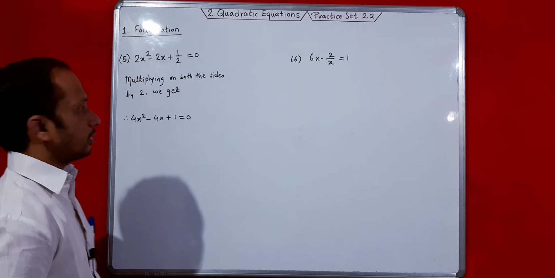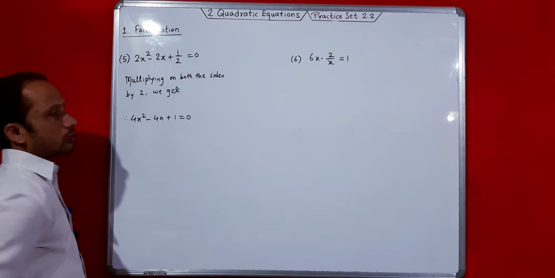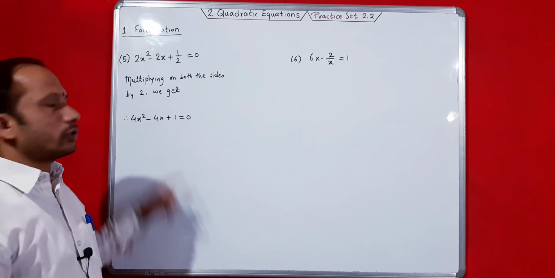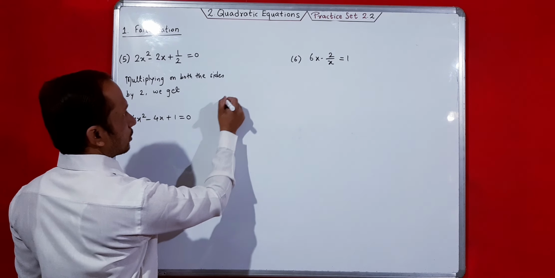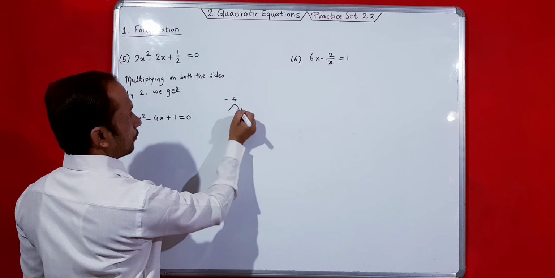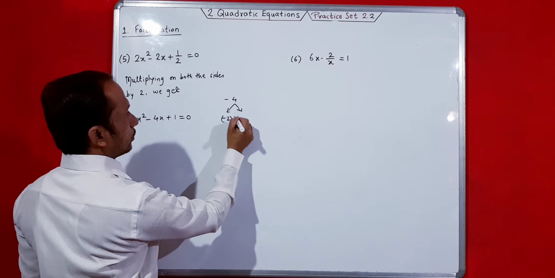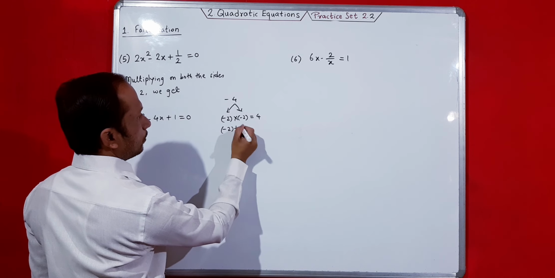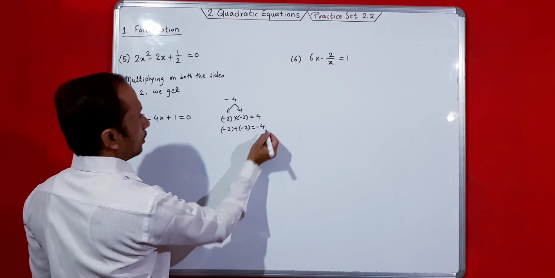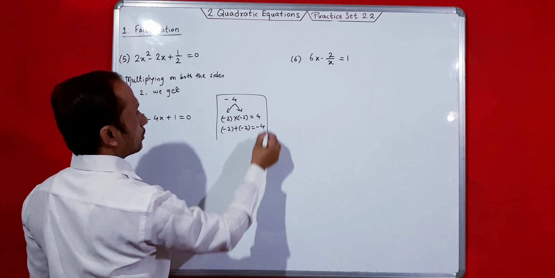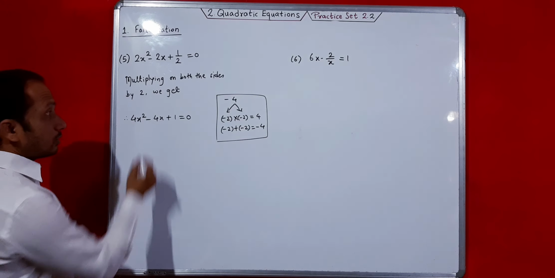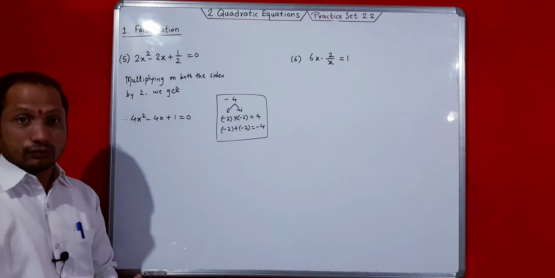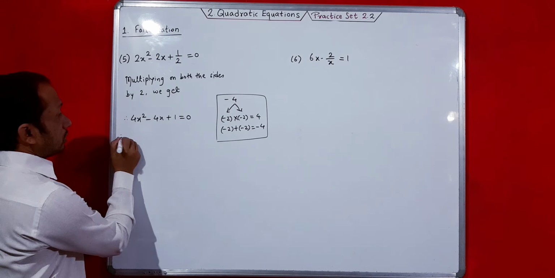Okay, now we have to factorize this equation. So we have to make the factors of minus 4. Okay, 4 into 1, 4. So product will be plus 4 and the addition will be minus 4. Okay, so we'll make the factors of minus 4 in such a way that minus 2 into minus 2, you'll get plus 4, and minus 2 plus minus 2 you'll get minus 4. Okay, so these are the factors. So now use these factors, you have to make the factors of middle number. This first number is multiple to the last number, don't forget all these things. Okay, so now just do the factorization.